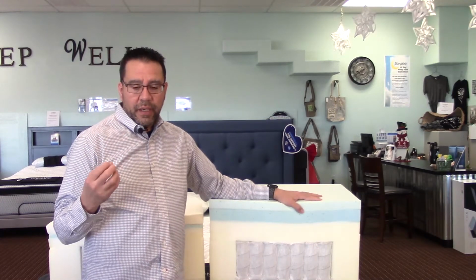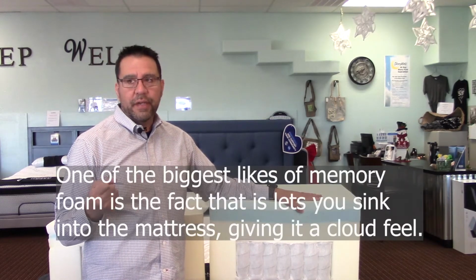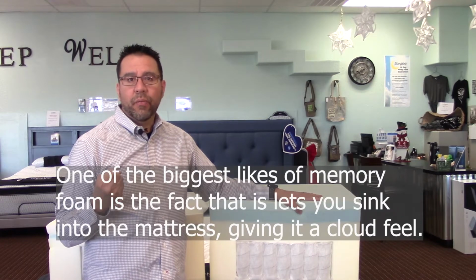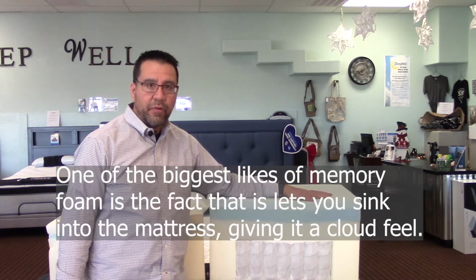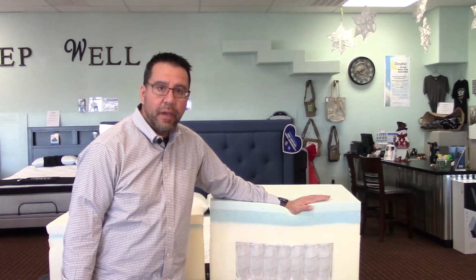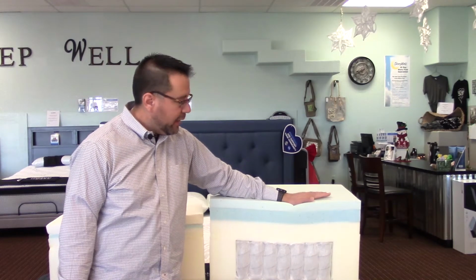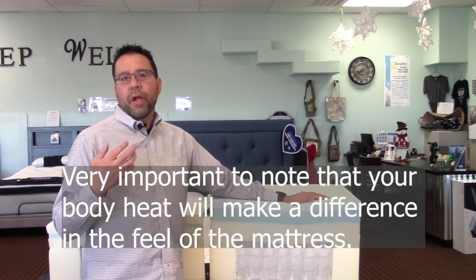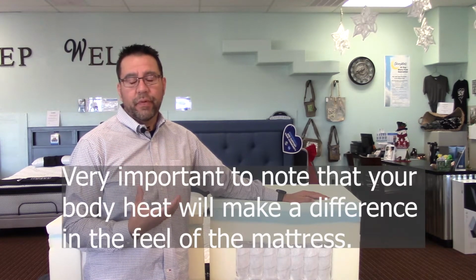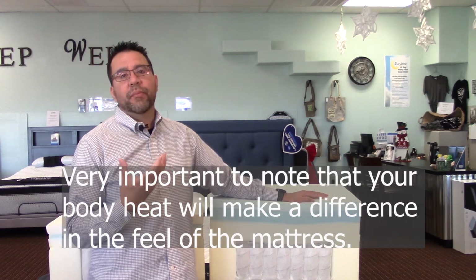What it also gives you, because memory foam is a temperature sensitive foam, if there is a lot of memory foam in the construction of this mattress, what you have to be aware of is that as your body heats up this temperature sensitive foam, you might experience more of a dip, okay? So you're going to start off on top and then you're going to dip in. What we at LiveWell do is we caution customers with back issues, which is our particular niche. We help a lot of people with back issues, and we caution customers that we would rather see them on a more responsive foam, only because what happens is as you're laying there,